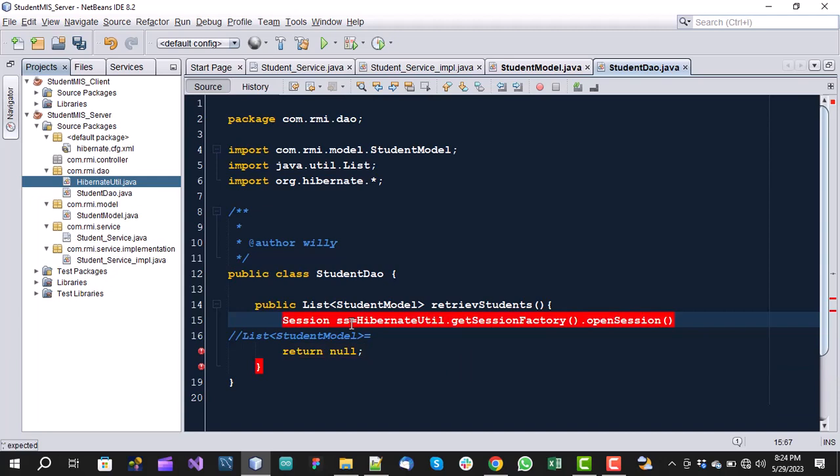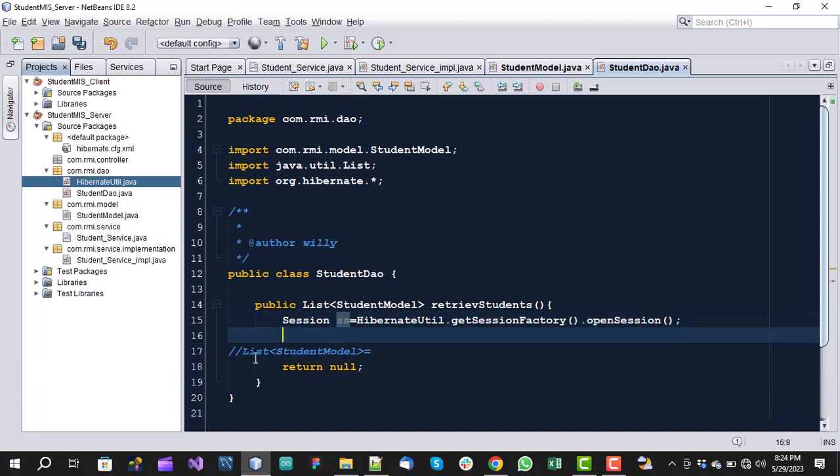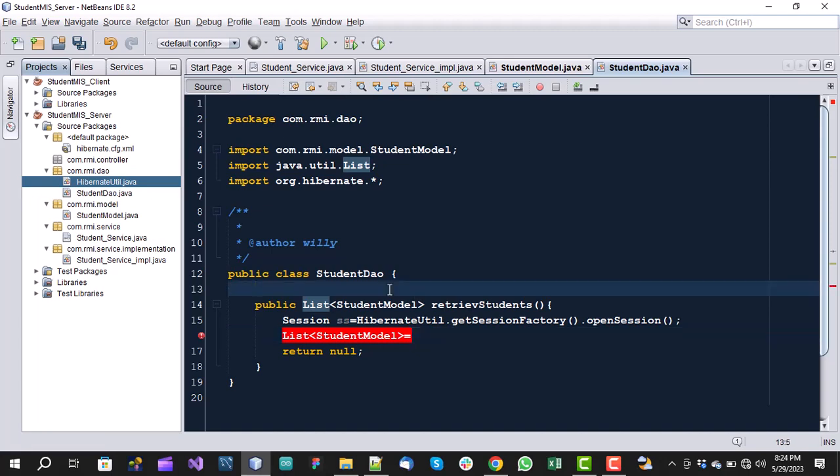So session ss, and Hibernate get open. After this, I have opened the session. Now I need to have a DAO, so let me create a DAO here. Let me use a project. Student. No, there is no need. So I need to come here and create another which will have all the students. Let me call it student. We should have the ss dot